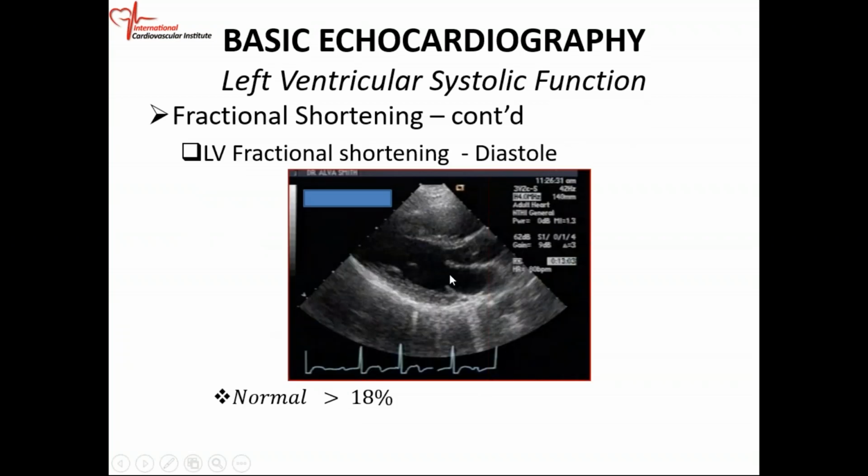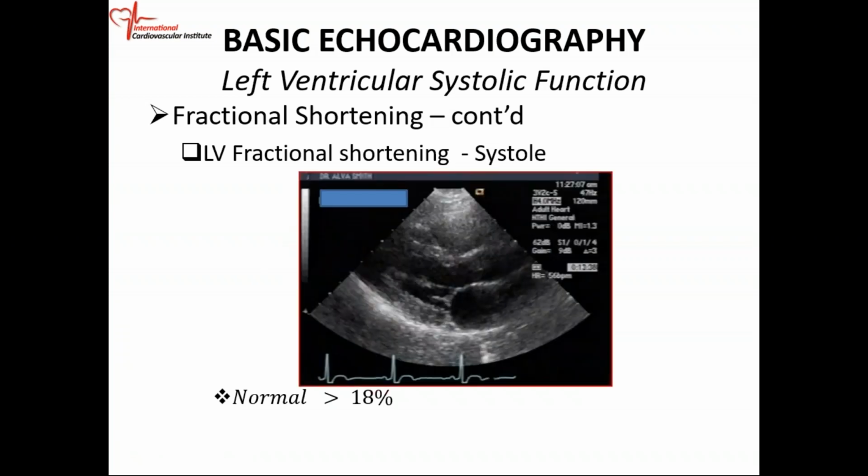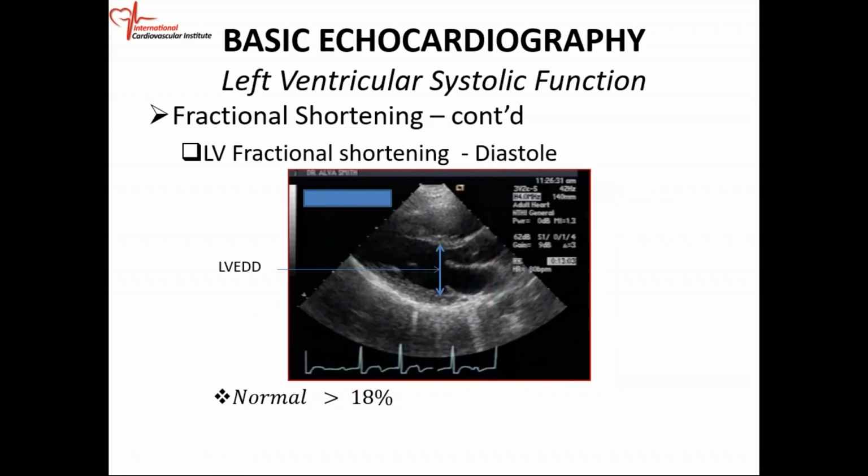So this is your parasternal long axis view. This is a diastolic frame because the mitral valve is open. So you measure your left ventricular end diastolic dimension. You measure your left ventricular end systolic dimension. So you can see that this is a systolic measurement because the mitral valve is closed, the aortic valve is open. Okay, so this is your diastolic, okay, at the tip of the mitral leaflet from the septum to the